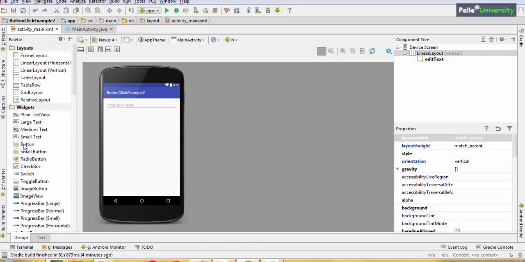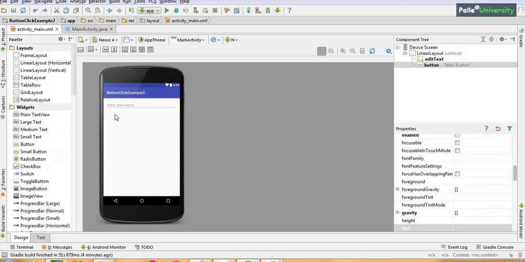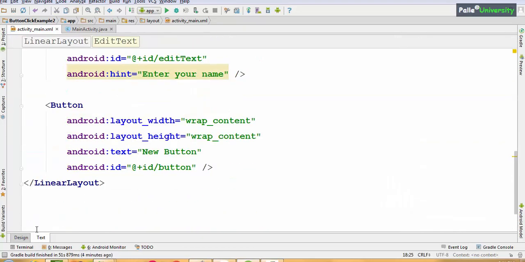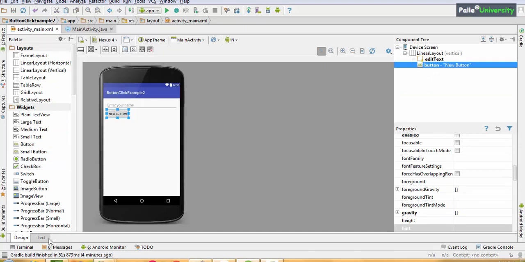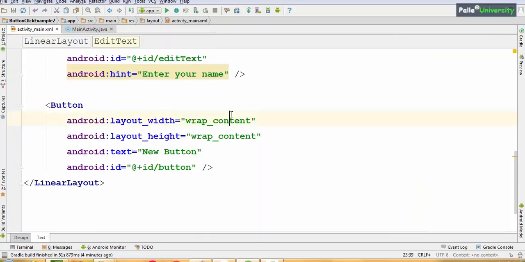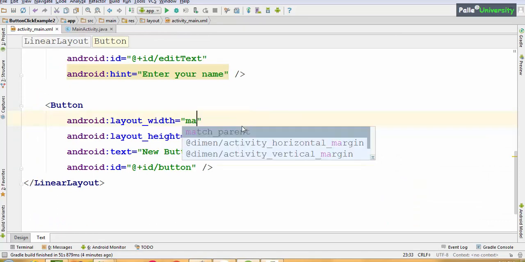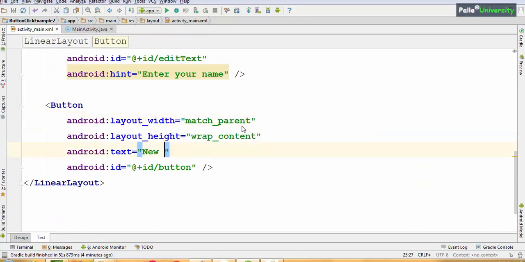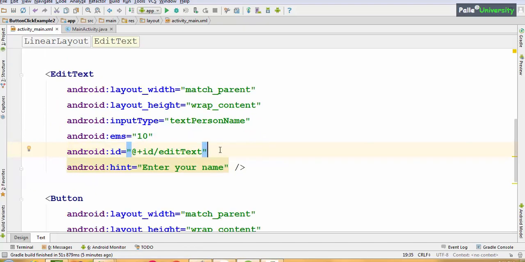Just below the edit text box, let me take a button and go to text perspective, change properties, make width as, let us say match parent, and text is say hello. Currently the ID of your edit text is edit text.